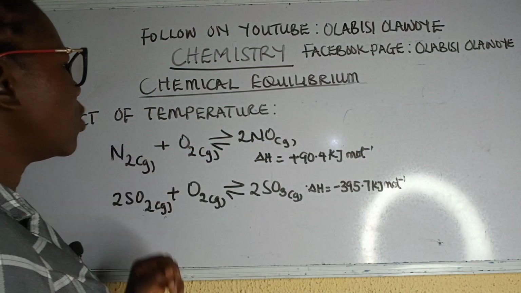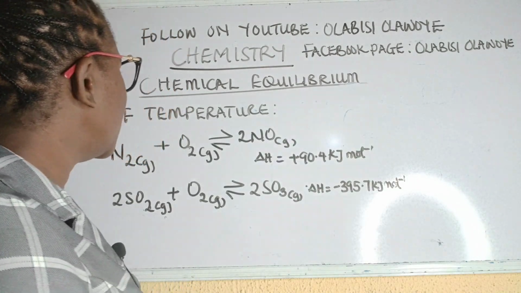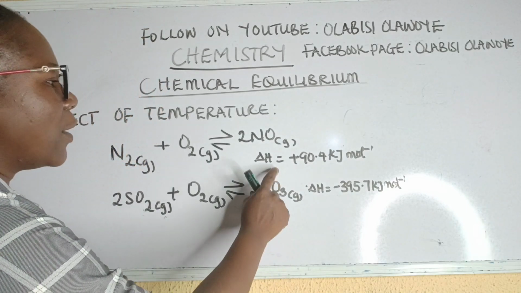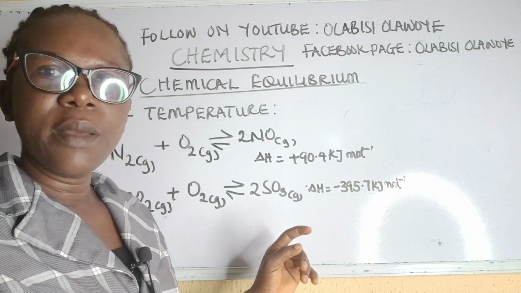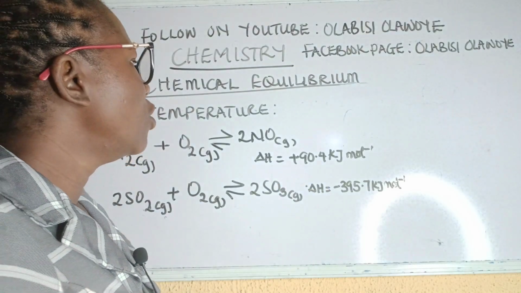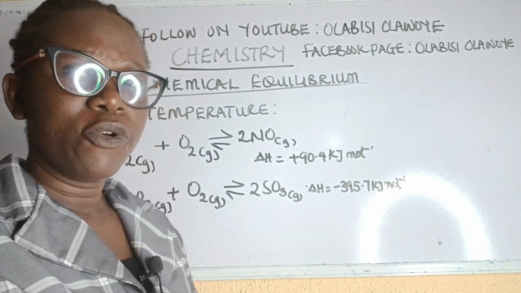Nitrogen reacting with oxygen to give you nitrogen(II) oxide. In this case, we can see that these reactions are in gaseous form. And then another thing is that the heat change here is endothermic, that is positive. Endothermic reaction is positive. So for you to attempt any question under changes in temperature for your JAMB or WAEC